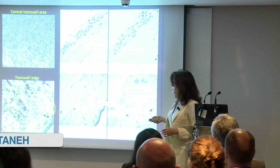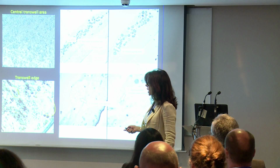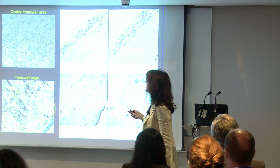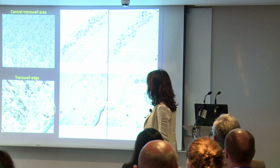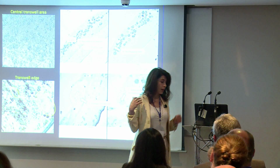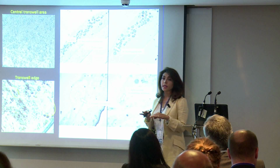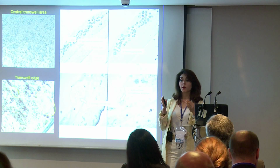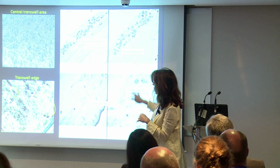However, we also found that we can see some abnormalities. First of all, not all cells have the same type of pigmentation. Some cells are not pigmented. We also could see a non-differentiated layer of cells, some overlapping cells, and tight junctions in multi-layer structure, and also a strange non-RPE cell. So although we have seen these problems, it's possible, I believe, by selecting the right cells, just to expand the cells that have the right morphology, and by also using scaffolds that are specific for RPE, we can overcome these